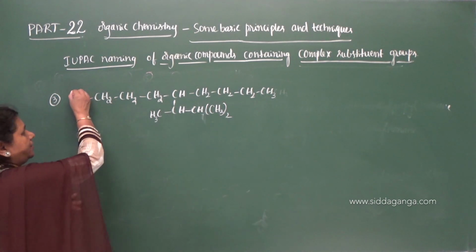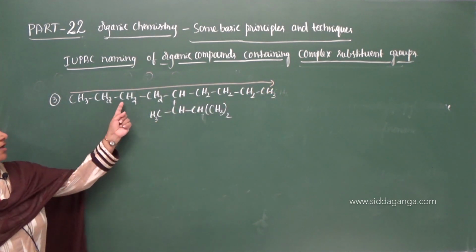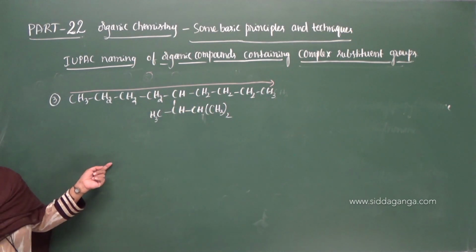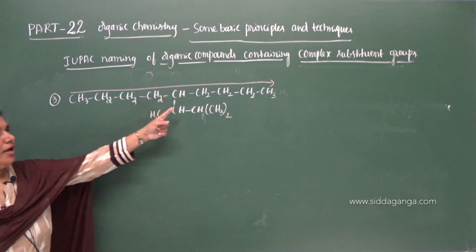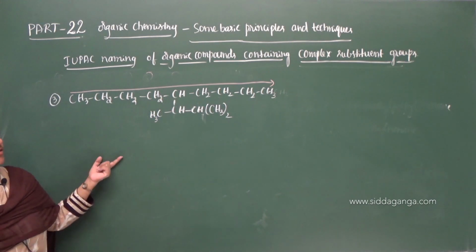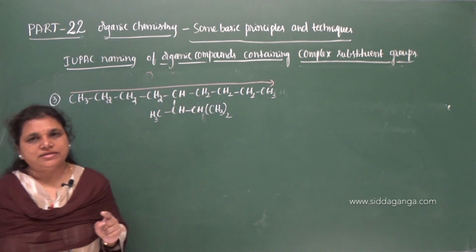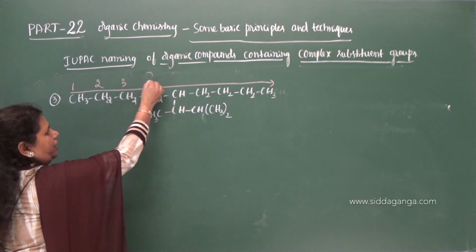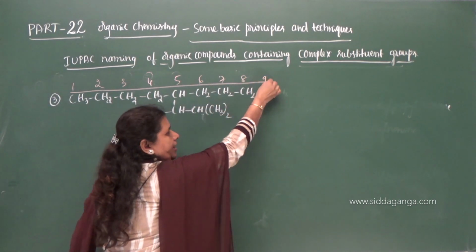Which chain did you select? We can select this chain. So how many carbon atoms are there? 3 plus 3 plus 3, that is 9 carbon atoms. You give the number from left to right and right to left. 1, 2, 3, 4, 5. And if it is from this end, 1, 2, 3, 4, 5. It means if you give the number from left to right or from right to left, the locant assigned to the substituent group remains the same. So you can give the number from either right to left or from left to right. 6, 7, 8, 9. Okay.